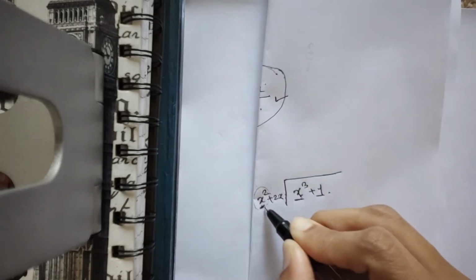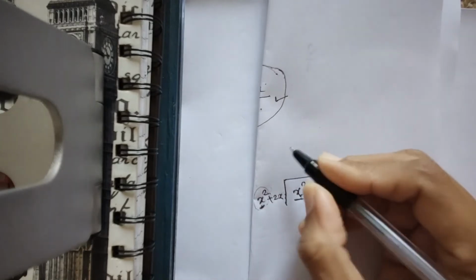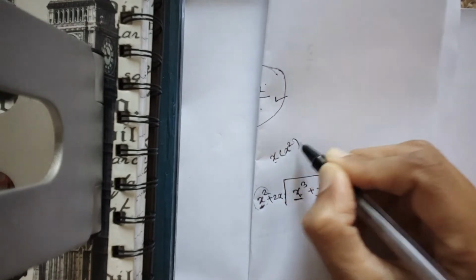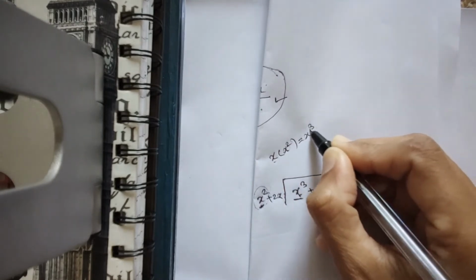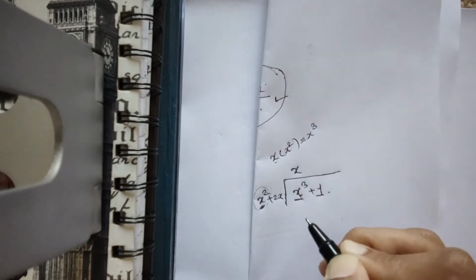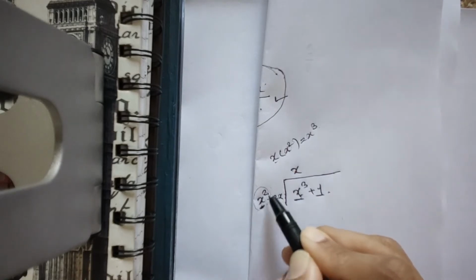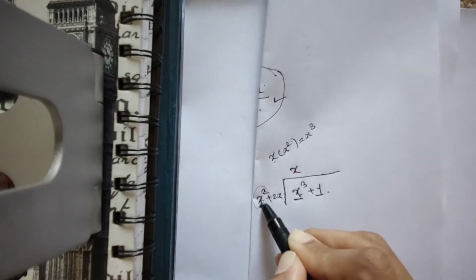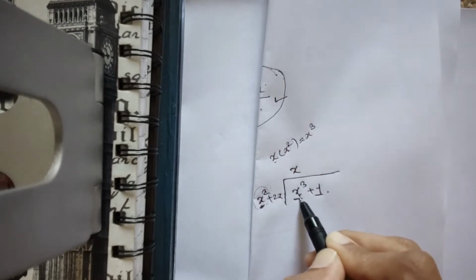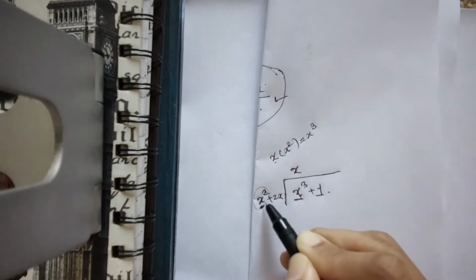So what will I do? How am I going to get x cube from x square? Exactly, I need to multiply with x, right? x multiplied by x square is x cube. So my first part will be x here. How do I decide it? Just think that the highest power is x square, so I am going to start with this. From this x square I think how I can reach x cube. Whatever number is required, I'll just multiply it.